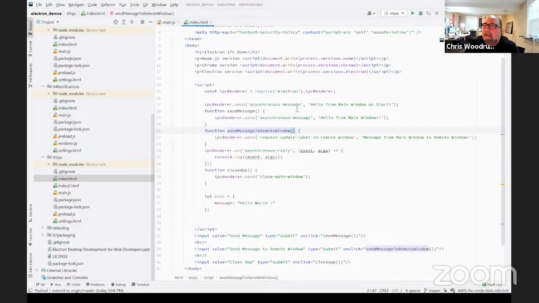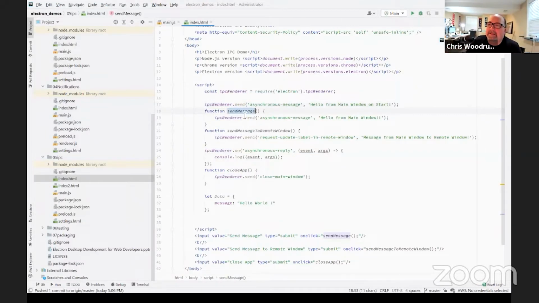And in here, this IPC renderer is the object that is inside the renderer process. Initially, when I create my main window, this message will get sent over to the main window because it just gets fired right away.